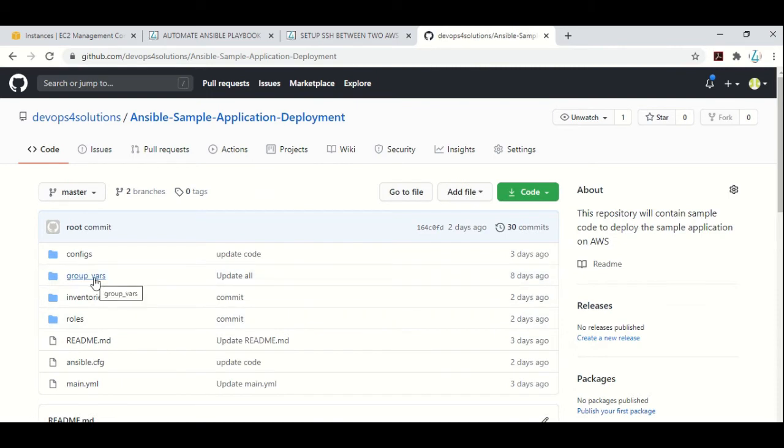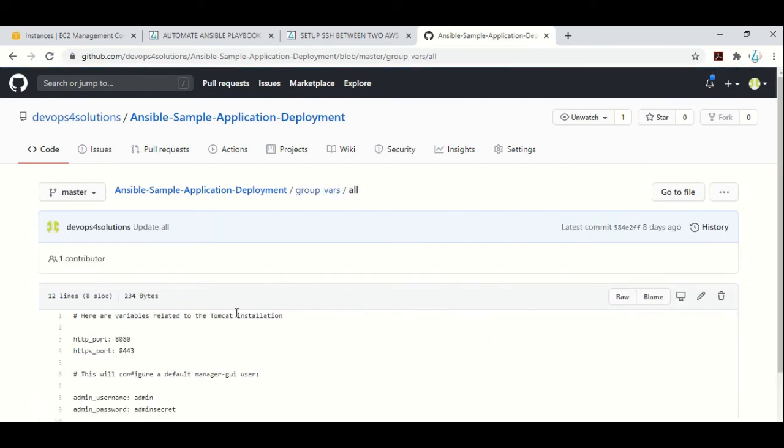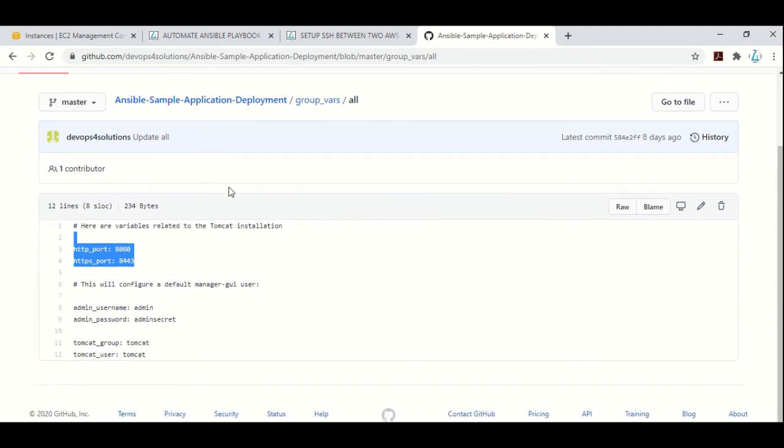And this is the group well. So those config files are environment specific, but if you have something which is common across environments, you don't want to use the same thing in all the different properties files. So this is like my HTTP port, HTTPS port. This is common across dev and prod. So it could be the place to store your common parameters across your environments.